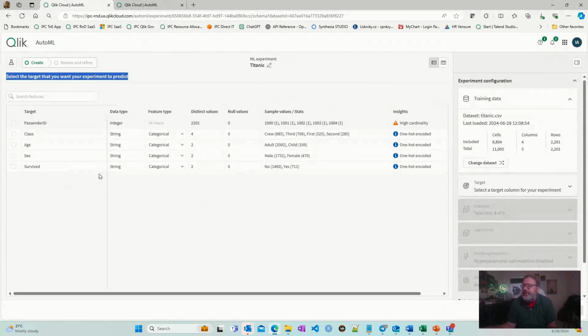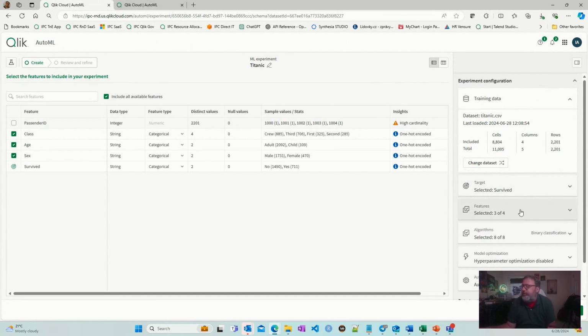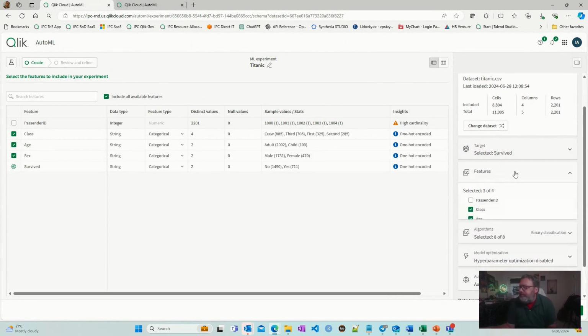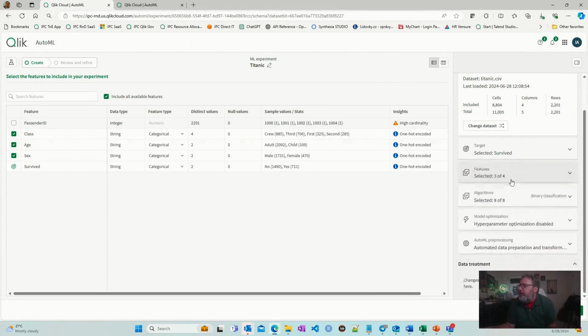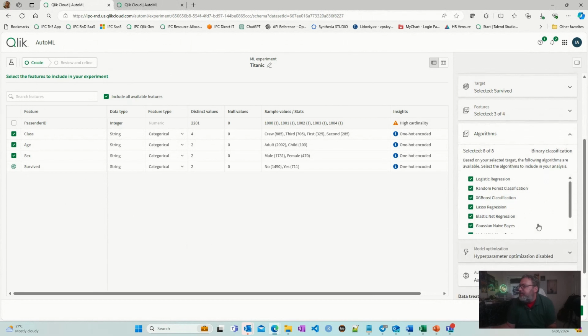So let's do a classification. Let's select survived. Let's try to predict if the person survived or not the Titanic. So I click the target here, and let's take a look at what we find here. There's a current version, so then we have a comparison. The target we have selected, basically the same. Then we got, and this is a very simple Titanic data set, but anyway, let's go algorithms, the same 8